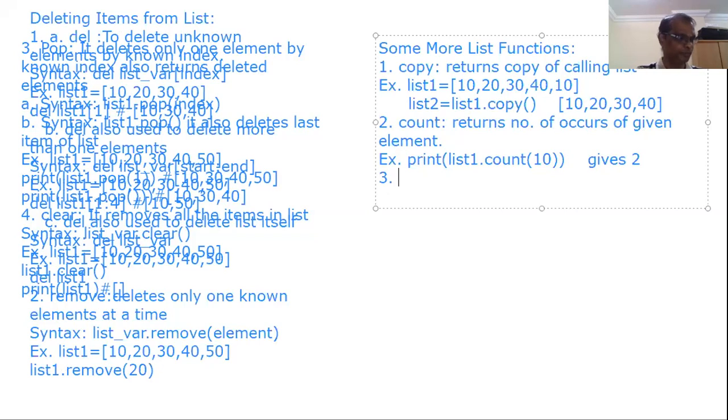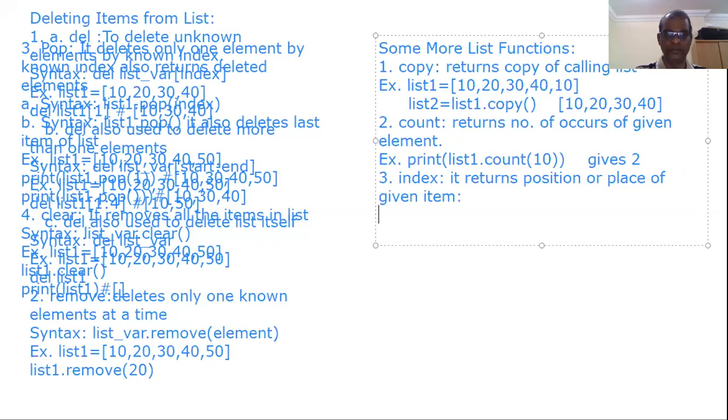Number 3, index. It returns the position or place or index of the given item. Consider list 1 contains 10, 20, 30, 40, 50. Now I like to print list 1 dot index of 10. It gives 0. Even though 10 is present 2 times, it gives the first place.